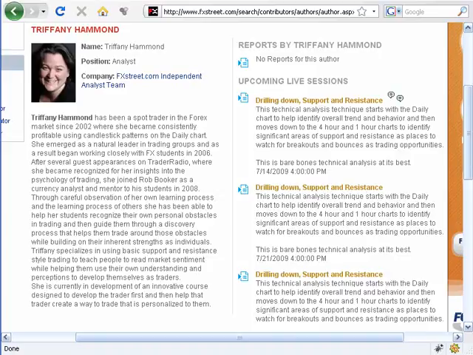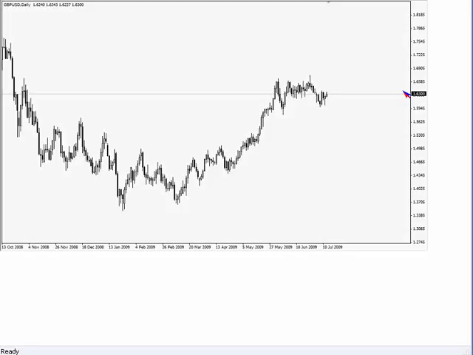So I'm just going to go ahead and start with the pound dollar. That just happens to be what's up on the charts right now. And we actually had some good movement late last week and again in the early part of this week. So we're going to go ahead and start here. The first thing I want to talk about is taking an overall look at what's going on with